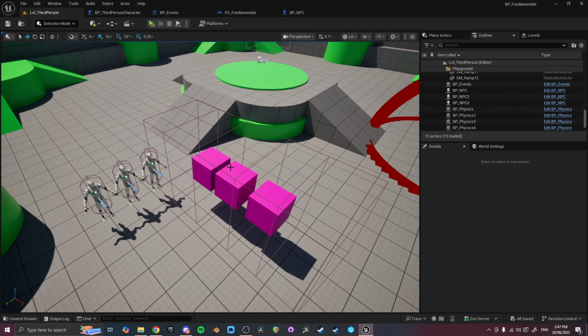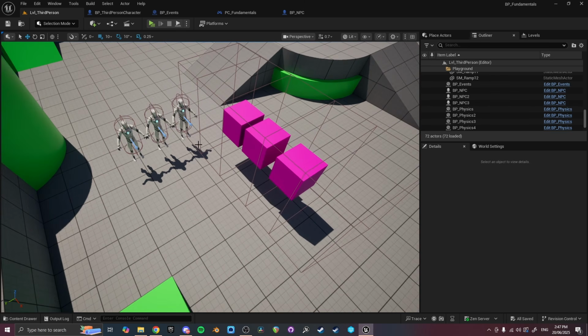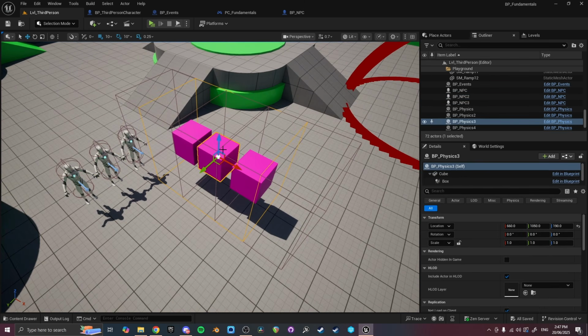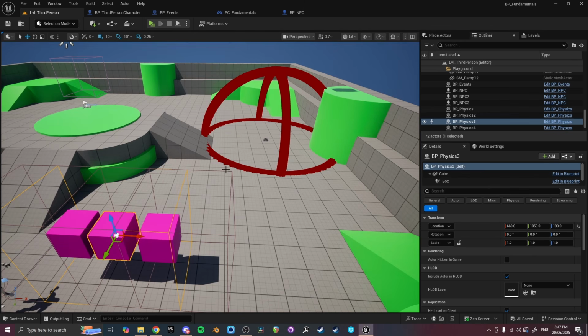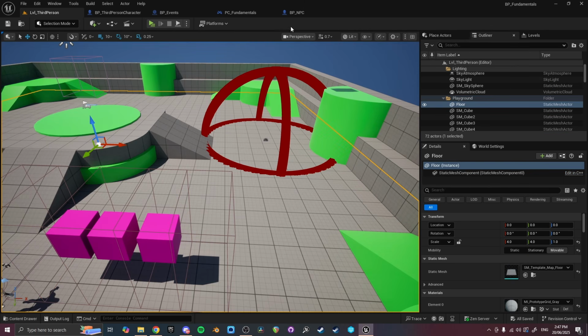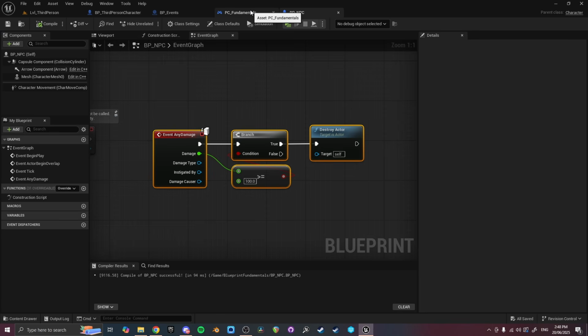And so what you'd want to do is put the health system in something generic that can be applied to characters. It can be applied to an actor. It can be applied to maybe even the level geometry if you wanted to go that route. That's game design decisions. But just for this demonstration, this is how you use the damage event as